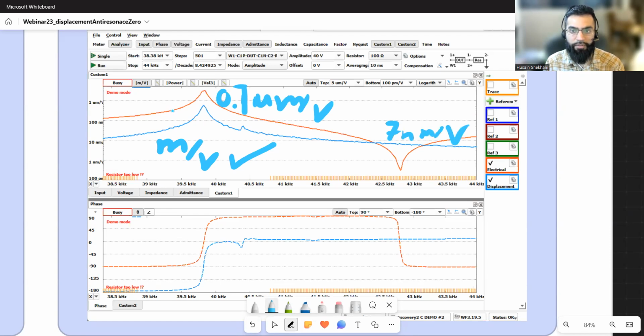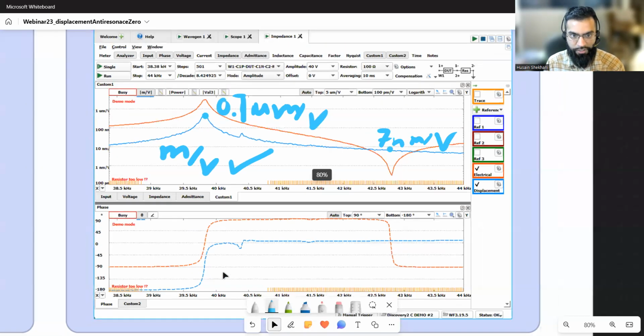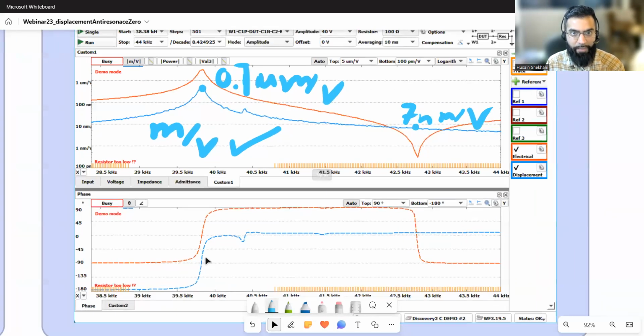At anti-resonance here versus here. But mind you, that's going to change a lot when you start adding damping. You're not going to have 0.7 microns per volt. And